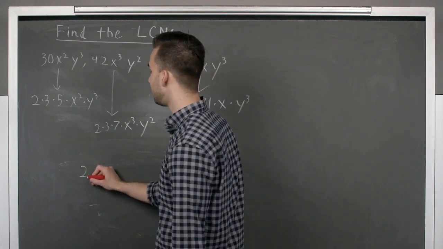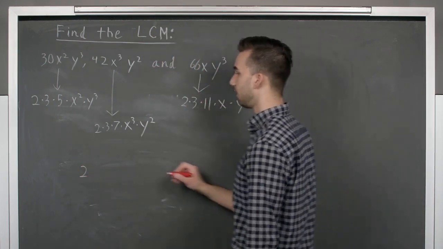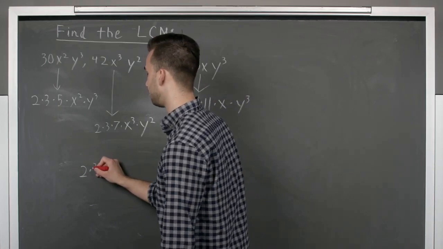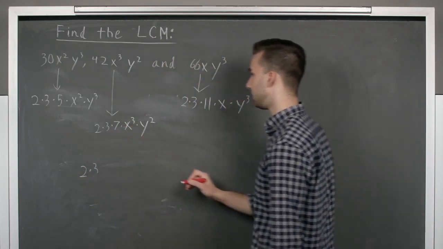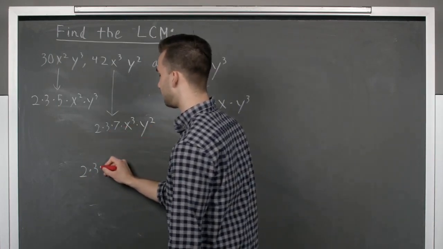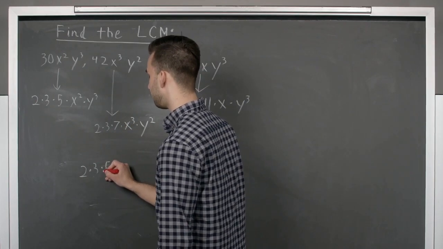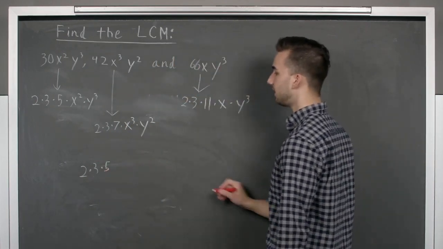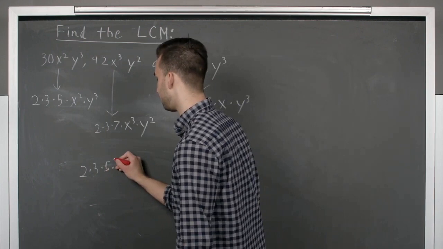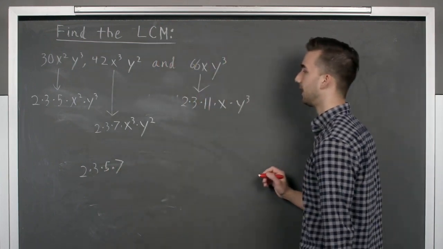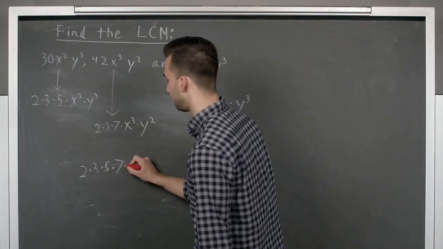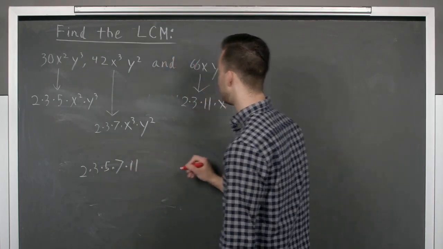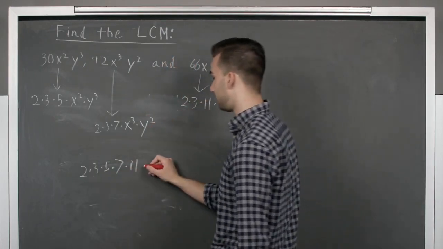The highest exponent of 2 is 1, and then 3, highest exponent of 3 is 1, and then we have 5, highest exponent of 5 is 1, and then we have 7, highest exponent of 7 is 1, and then we have 11, highest exponent of 11 is 1, and then we have our x, highest exponent